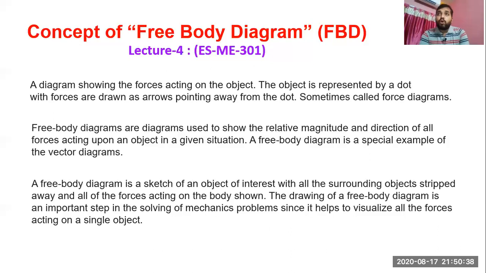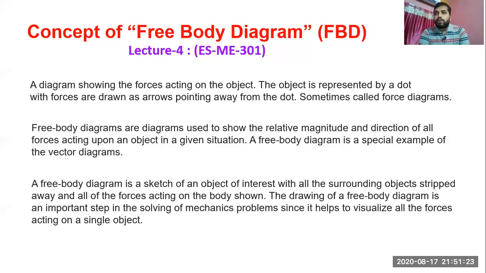So we have to show all different types of forces. Different types of forces means some are active forces, because the main forces are the external force, which is called loading or load. The externally applied forces are called load. After the load is applied, there will be some internal force generation like tension in a section of a body, compression in a section of a body, torsion in some section or maybe not, shear in some portion, like this. So the force system is to be analyzed, and for the analysis, the free body diagram is the most vital thing in engineering mechanics.